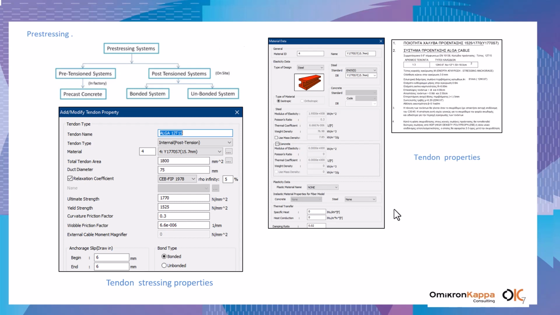So we have a 12-strand cable that we are going to use, and we provide the ultimate strength, the yield strength of the tendon, tendon type, material, the total tendon area, duct diameter, and also we apply the material of the prestress.